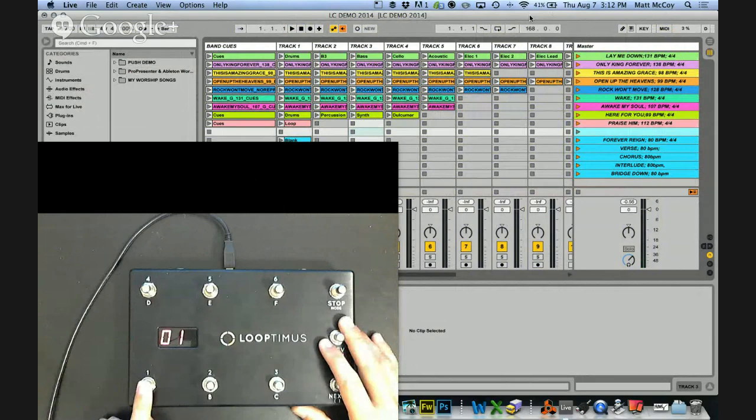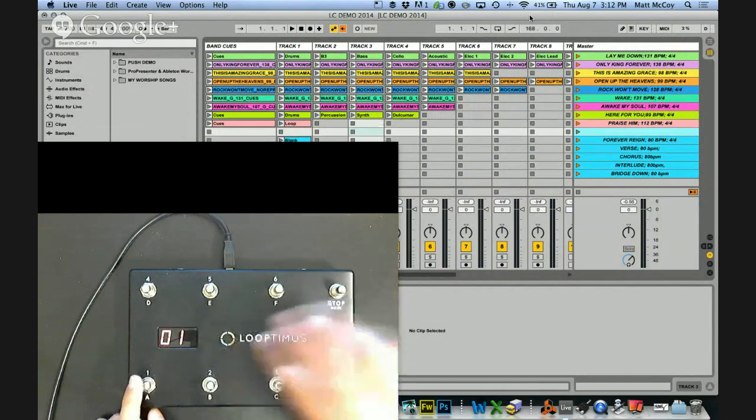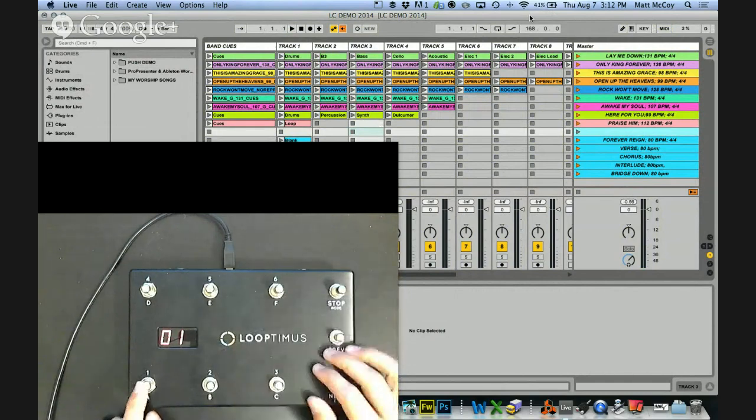So what that means is if you've got a guitar effect pedal that has like 100 presets in it, or you've got some keyboard that has 100 presets in it, and you don't want to have to scroll through on your keyboard to preset 30 and then all the way go back to preset 5 and then go to preset 10, whatever. You can have this fire a song in Ableton, but also change